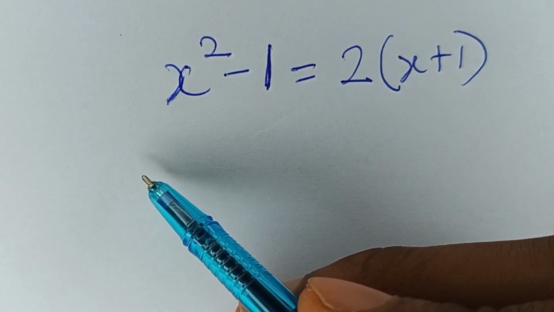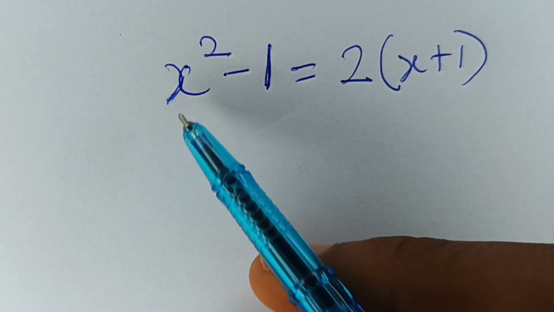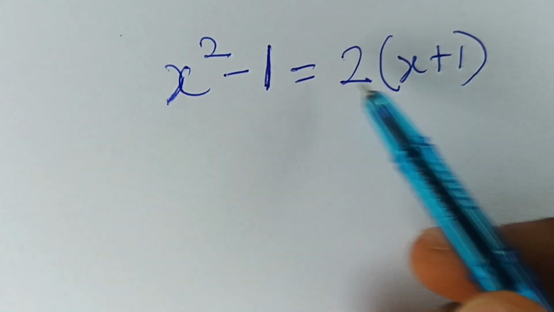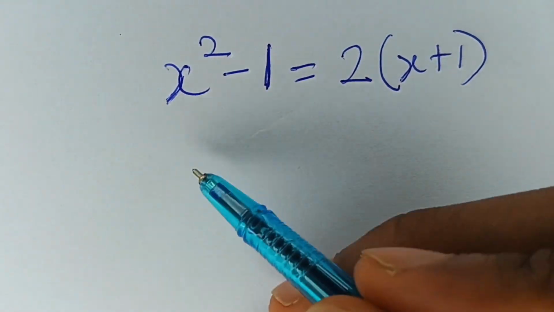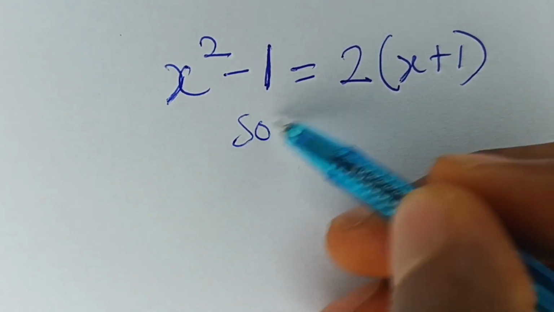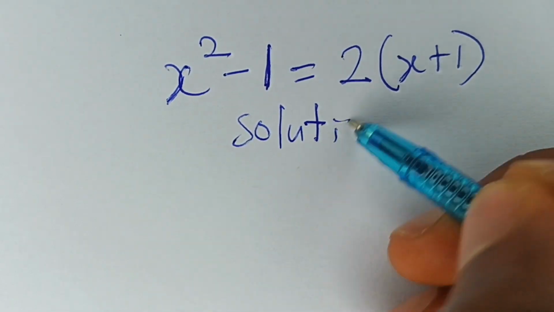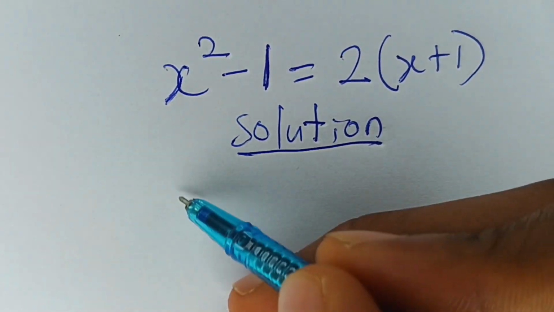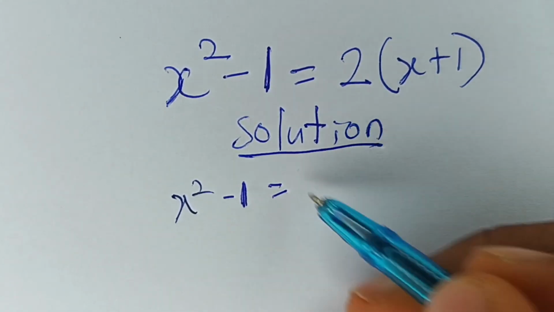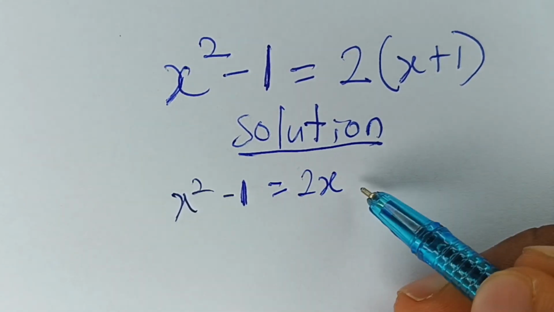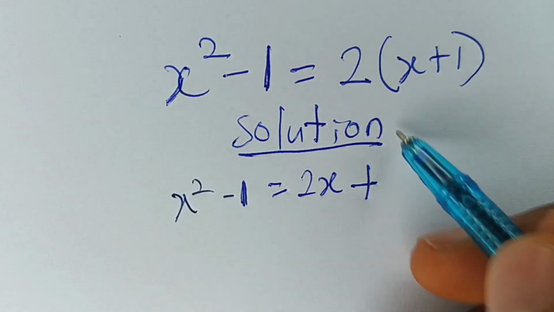Let's solve this equation together. It says x squared minus 1 is equal to 2 into x plus 1. Let's solve this Olympiad question. First thing to do here is I can rewrite this. Okay, so I have x squared minus 1 is equal to 2 times x, which is 2x, plus 2 times 1